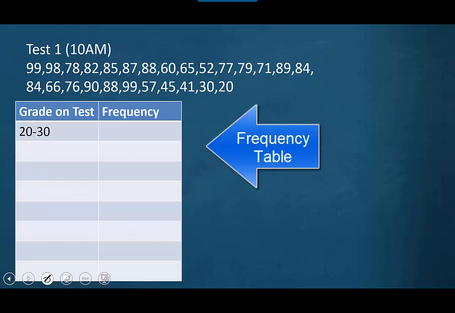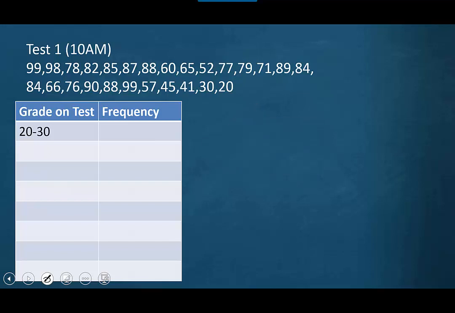So my table would look like this. I would have 2 columns, grade on the test in one column and frequency in the other column. So I'm going to start with my first class, my first width of 20 to 30. These ranges again are called classes. So note that it appears the classes overlap because I'm going to have 20 to 30, then 30 to 40,